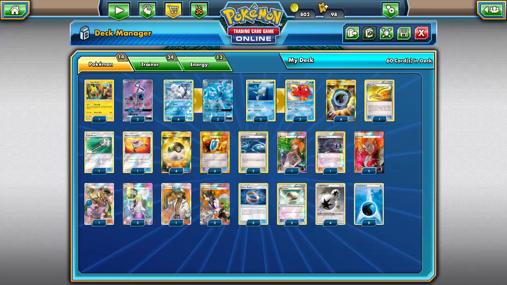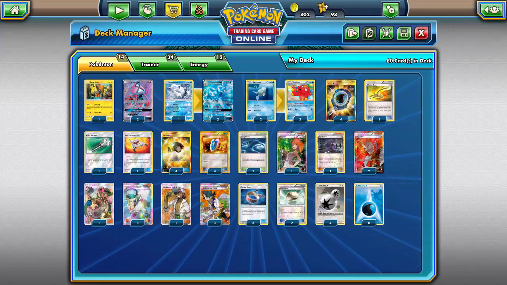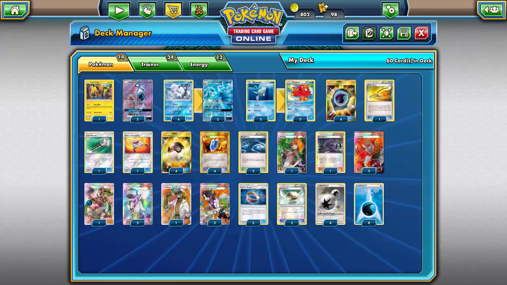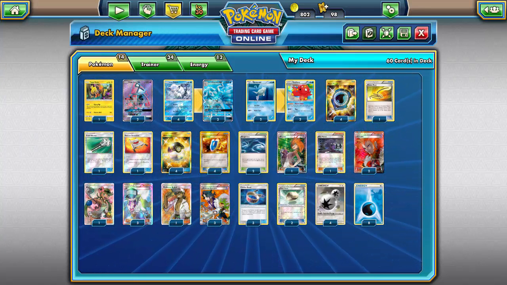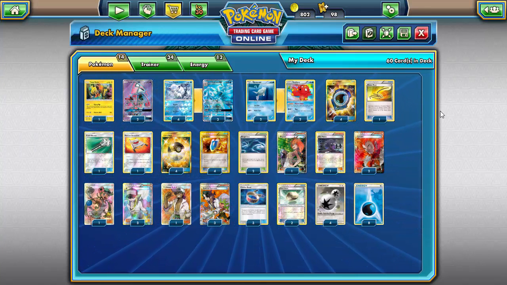And while trying to figure out what deck I should bring you guys today, I thought back to a couple days ago where I brought you an Octillery deck and thought, you know what? What's better than one Octillery deck? Two Octillery decks. Now, this is a deck obviously centered around Alolan Ninetales and Octillery, and this was an idea